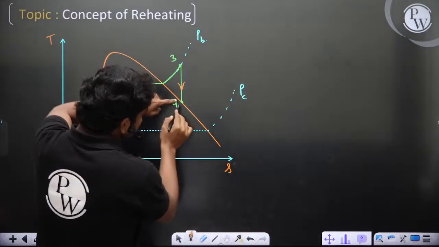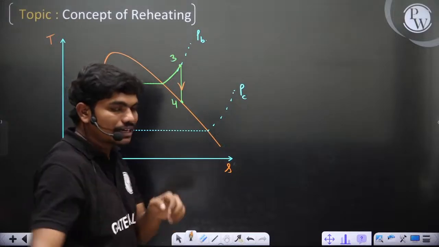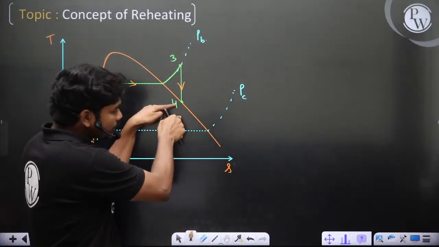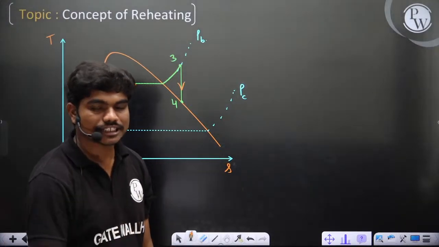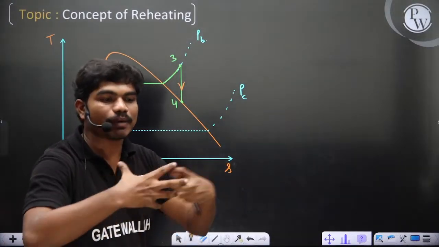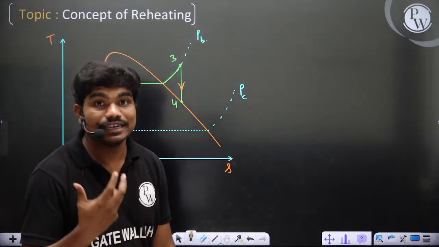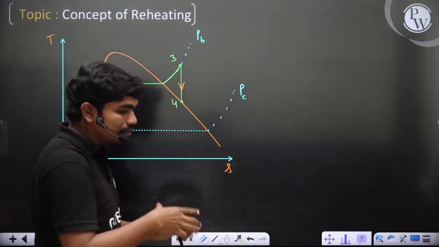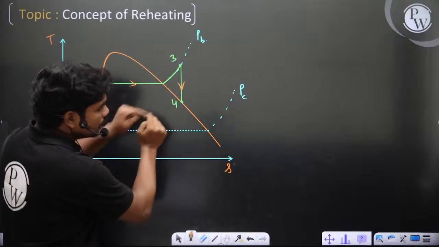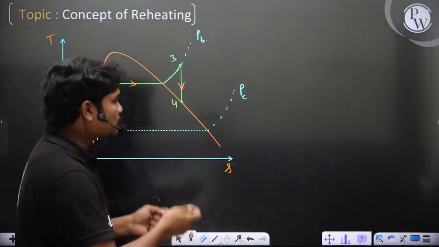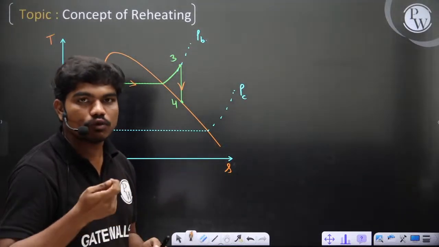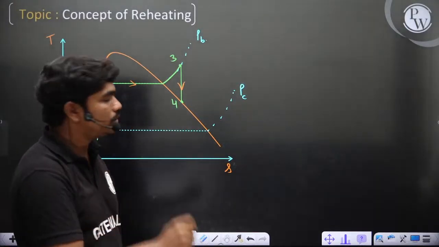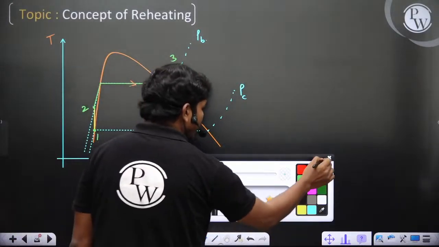Till this point it is completely vapor, but once it starts entering the dome, liquid particles keep generating in the steam, and the capability of expanding and generating work decreases very much. But the steam here is still hot, so if you allow it to expand, you will have very hot liquid. With liquid you cannot do much work, but at the same time this is at higher temperature. So what we will do is, at this particular point,